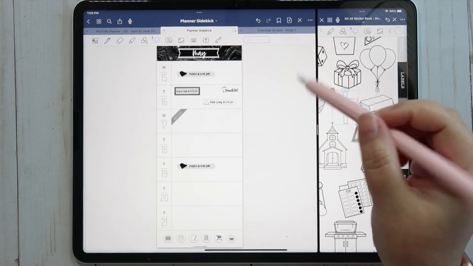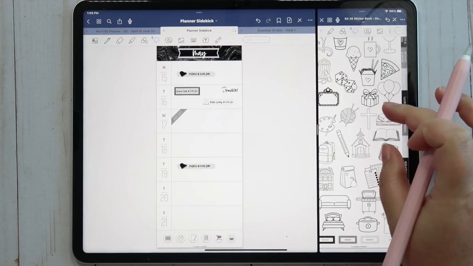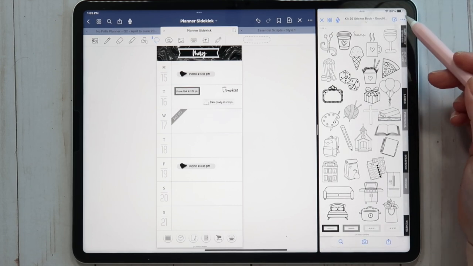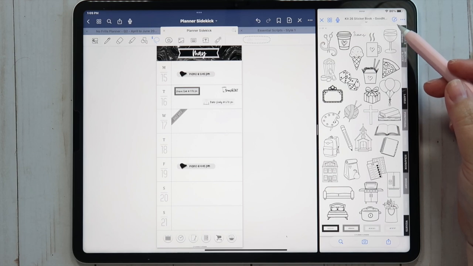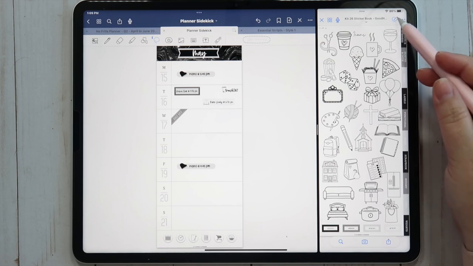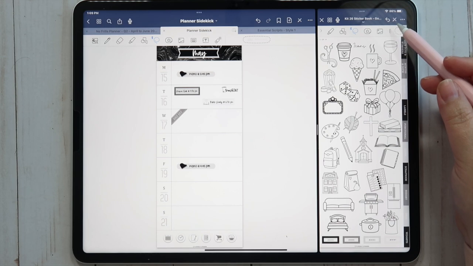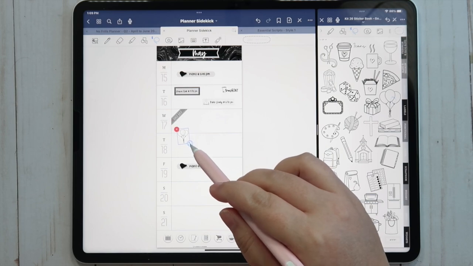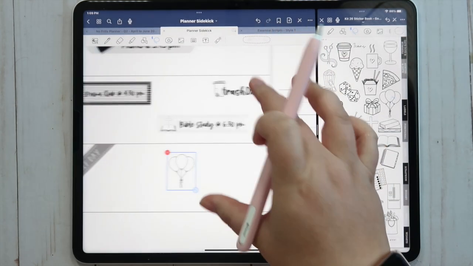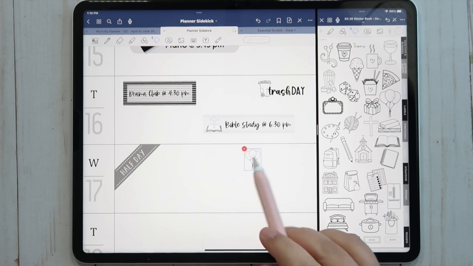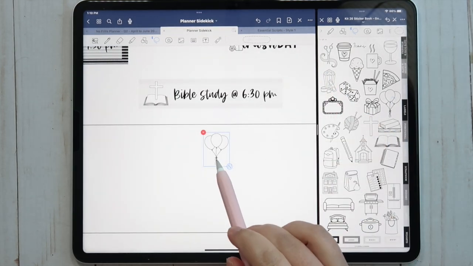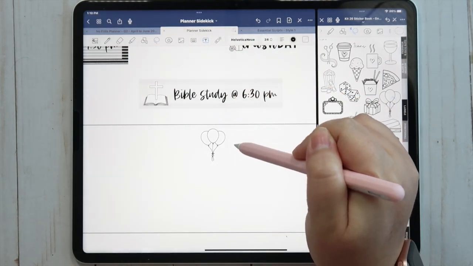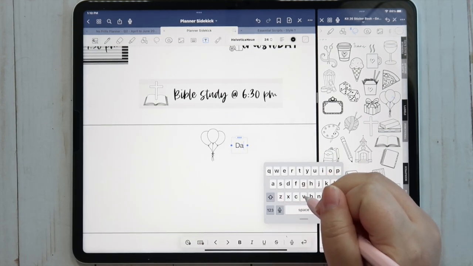And then we have my brother's birthday and we have new releases for Planning to Prosper. So let's see, how do I want to mark everything? Okay, I'm gonna bring these balloons over for my brother's birthday. And I think what I'm gonna do is just put the balloons up here and then put David's birthday right next to it.